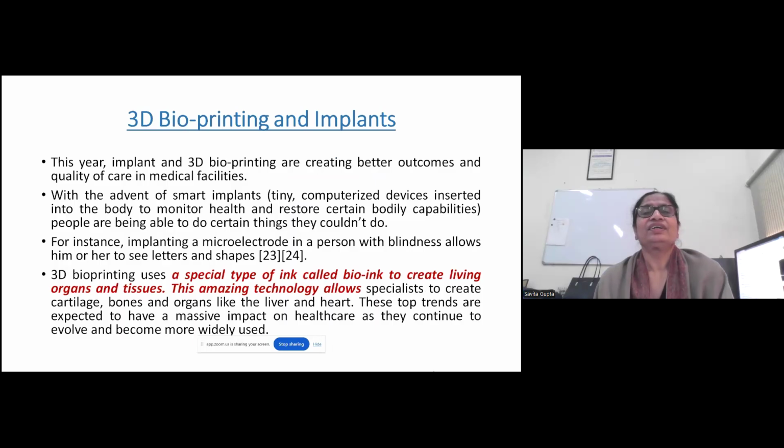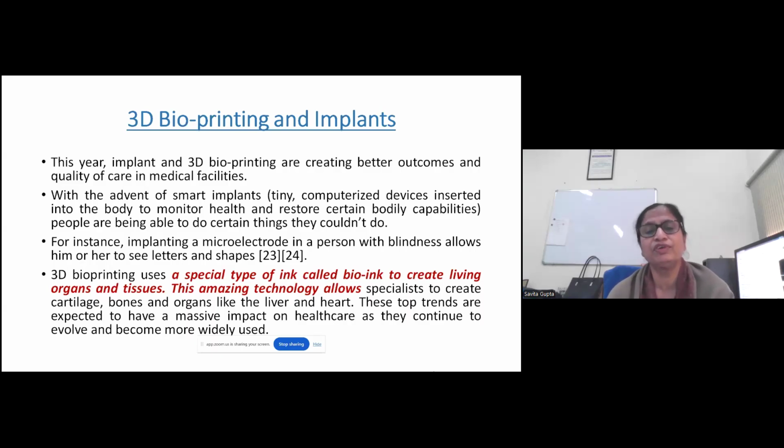Another technology: 3D bioprinting and implants. Recently, you might have read news in the newspaper. Now kidneys are 3D printed, liver was 3D printed, and one patient was given a 3D printed liver and kidney. These days, there is a long queue of patients waiting with kidney damage problems, and a kidney transplant is possible only if there is a donor whose parameters match the receiver, and those donors are very few. Either some family member gives the kidney, so that wait will be over once this 3D bioprinting technology